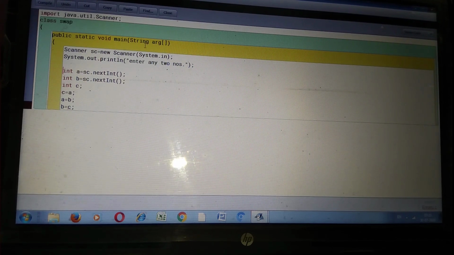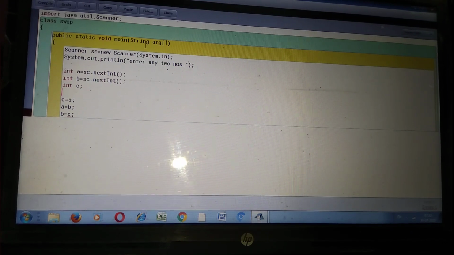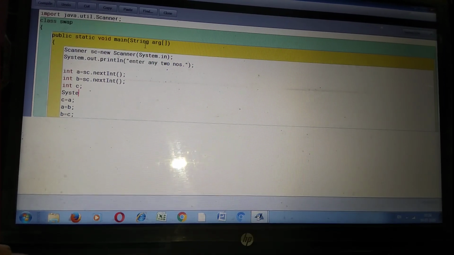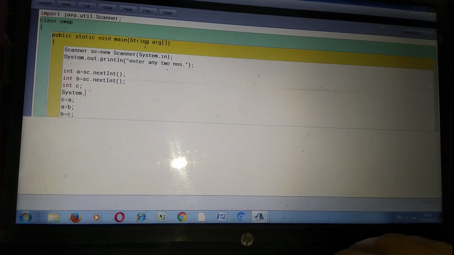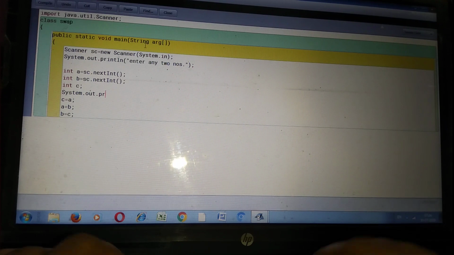Before the swapping and after the swapping, you should display the values. Then you can easily understand what the value is before the swapping and what the value is after the swapping. So here you display the values of a and b.